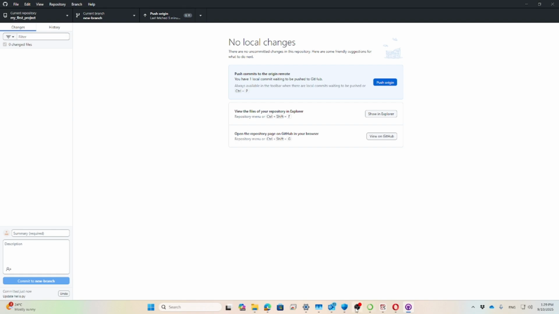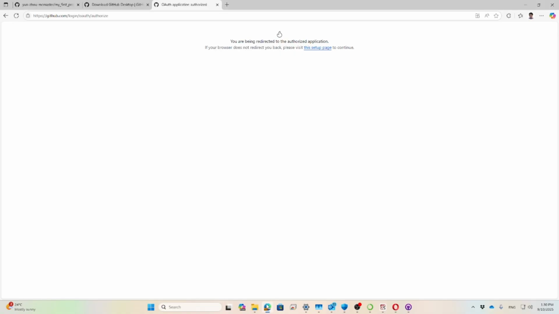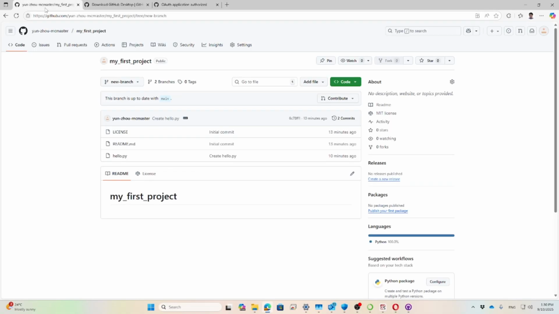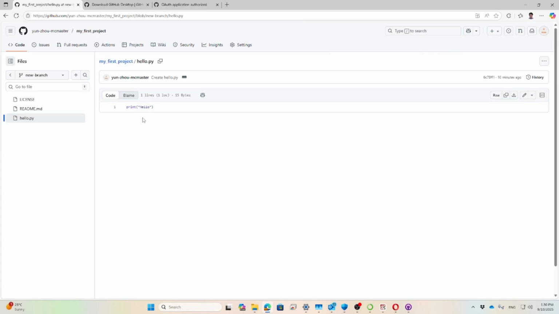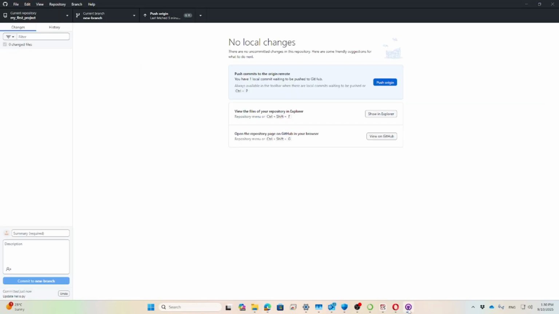But if you go back to your GitHub repository, let me refresh it. And if you check the hello.py file, you will see that it's still print hello instead of print hello GitHub. And that's because we haven't made any changes to the remote server. You can see there's an option for you to push commits to the origin remote. So if you click on Push origin,